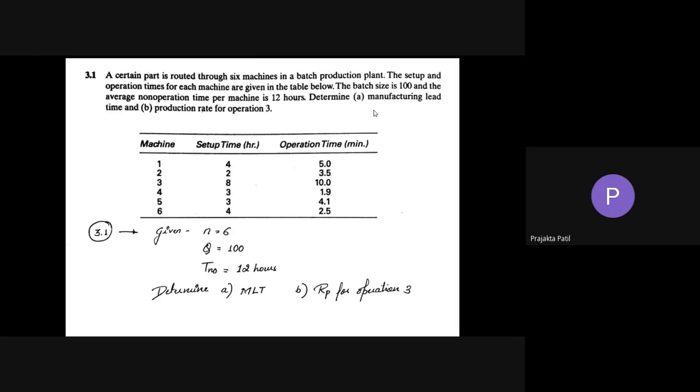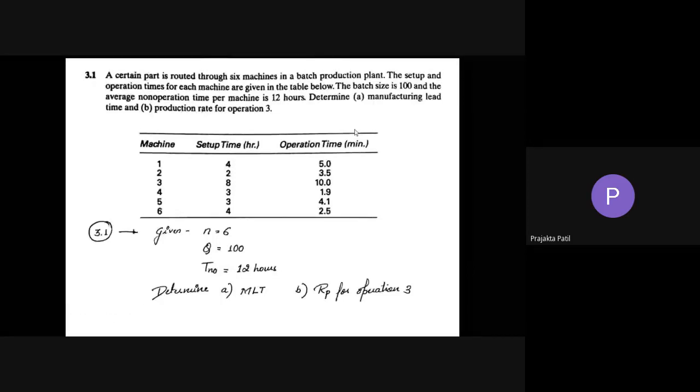So this is the given data. Just write this as n naught. I have written it as n is equals to 6 by mistake. This is n naught is equals to 6. Kindly note this is n naught is equals to 6. You can refer back to the equations that we have discussed, what is manufacturing lead time and how we can find manufacturing lead time. If you refer to those equations with respect to batch production, because the problem statement makes it very clear that we are solving the problem for batch production. Here you can see batch production.